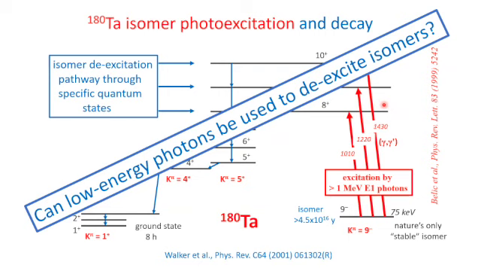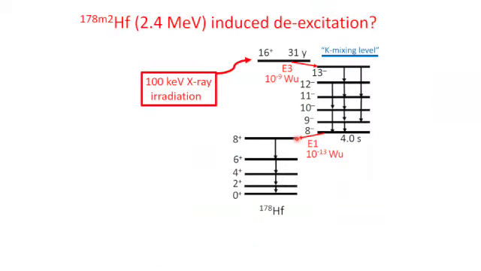That's the next question. Once you feel comfortable that photons can be used, can low energy photons be used, much less than an MeV? And this has been the subject of, unfortunately, quite a lot of, what's the right way of saying it? Disappointing results,